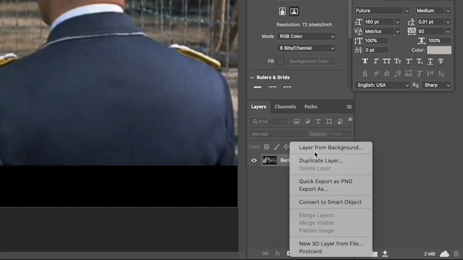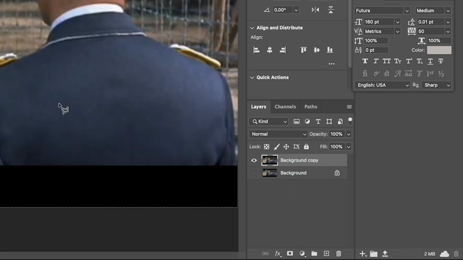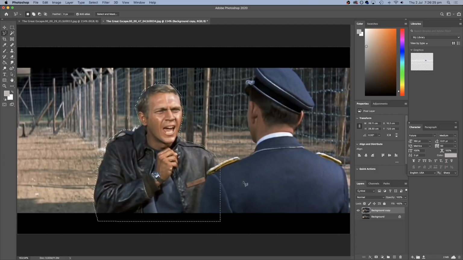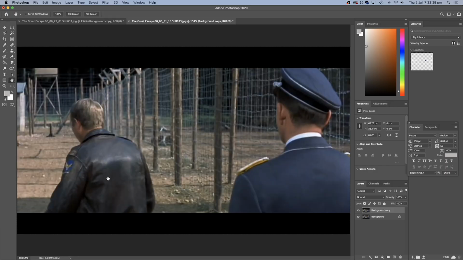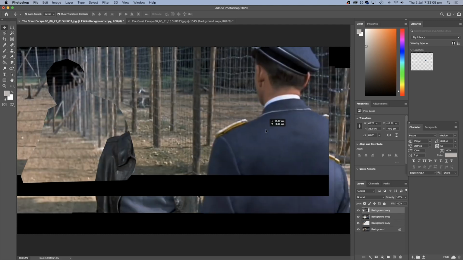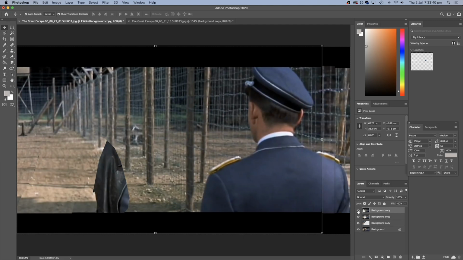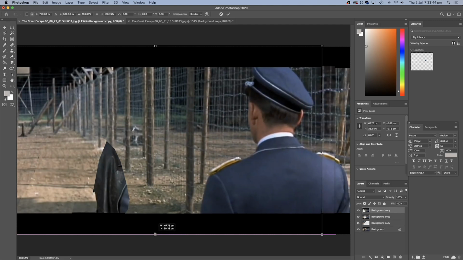So if you duplicate your layer and turn off the layer at the bottom before you do the cutout on the top layer, this will just leave a blank space, and Photoshop won't attempt to fill in the gap itself. Next, I could take my other freeze frames from the same scene where the actor had moved. I could once again cut out the actor, and I could overlay these, and pretty soon I had a background where most of the actor was already missing.